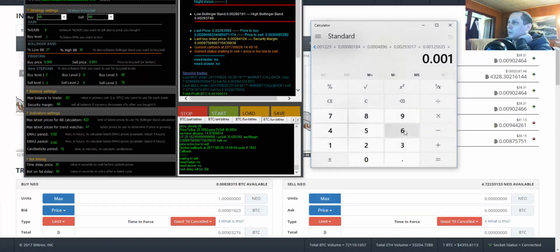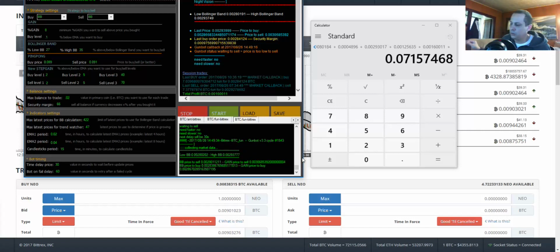And this doesn't even count my manual trades, which I've been doing very good with Dash, Lisk, Monero. I was writing them up, and we'll go into those next. Let's go ahead and